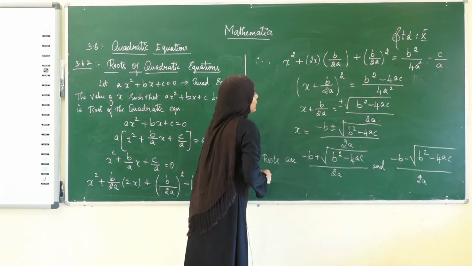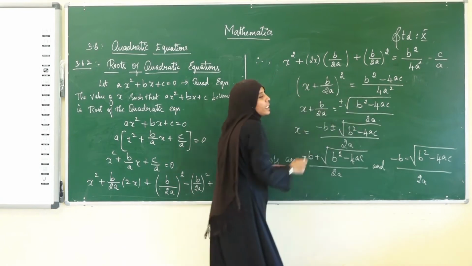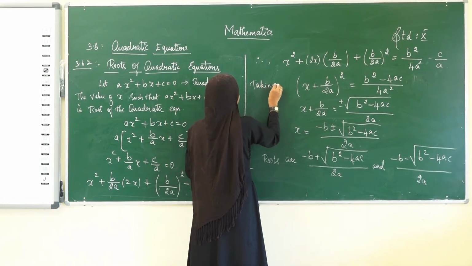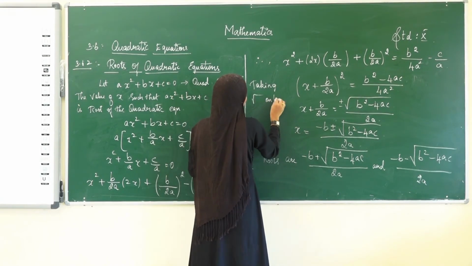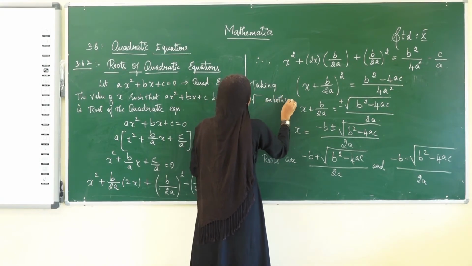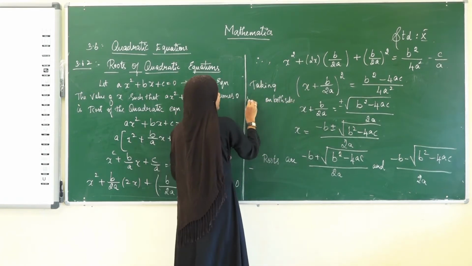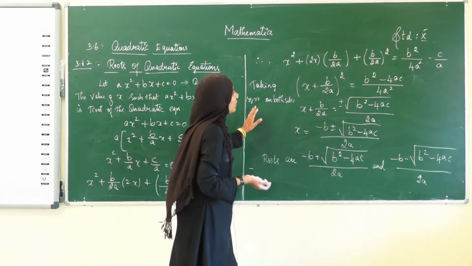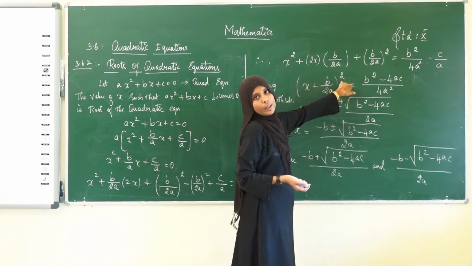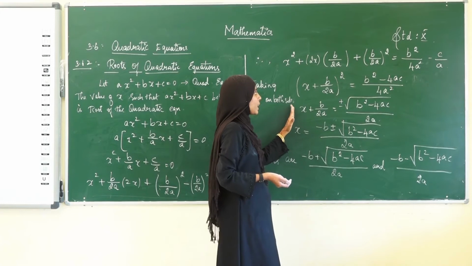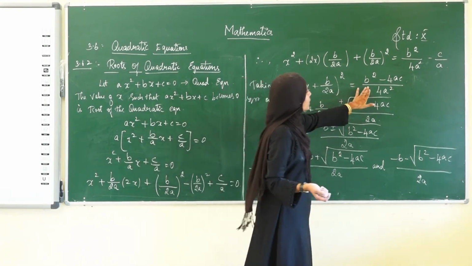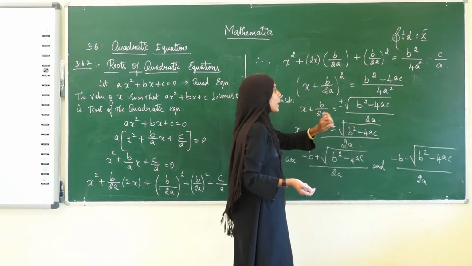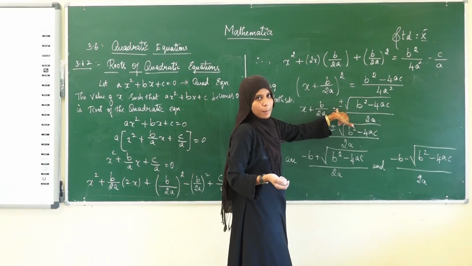Okay, then see here, here we have a square, therefore taking square root on both sides. You should not write it like this, you should write in the full format. Taking square root on both sides, what happens? The 2 and the square root get cancelled. Therefore, the left hand side value will be x plus b divided by 2a. On this side, the numerator will get the square root. Since we are taking square root, it will get plus or minus, either value.